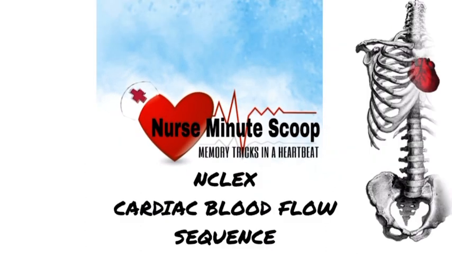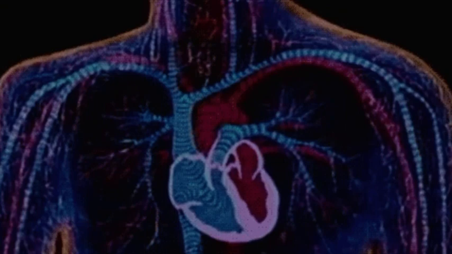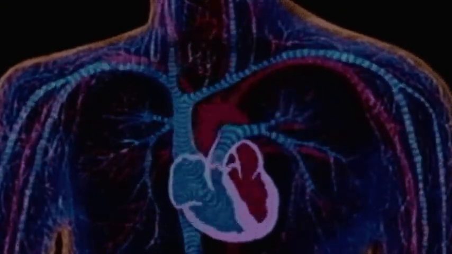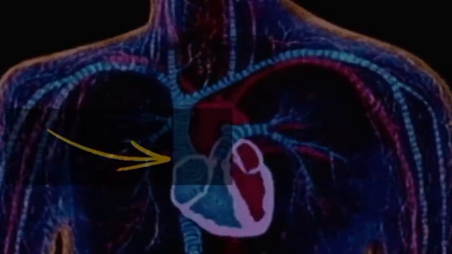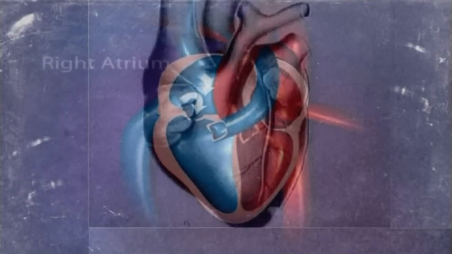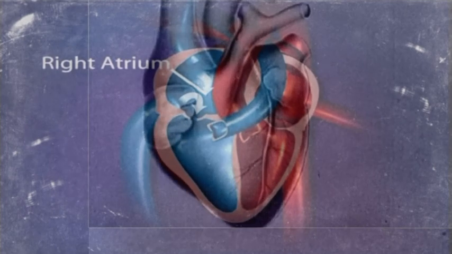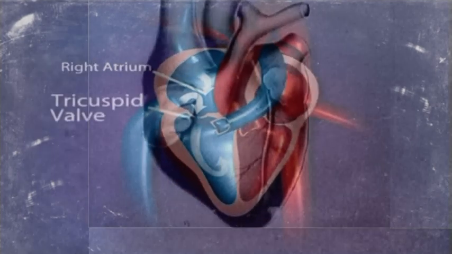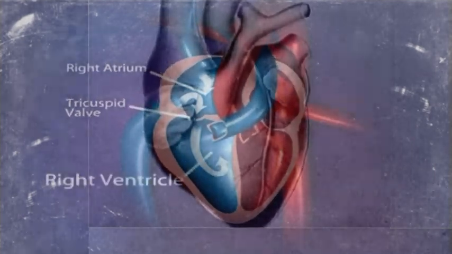Today I'll be talking about the cardiac blood flow sequence. Now let's begin. Deoxygenated blood flow starts from the superior vena cava. After that, it then goes through our right atrium, followed by the first valve, tricuspid valve, and then it flows